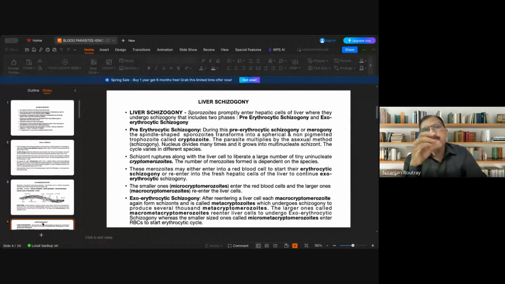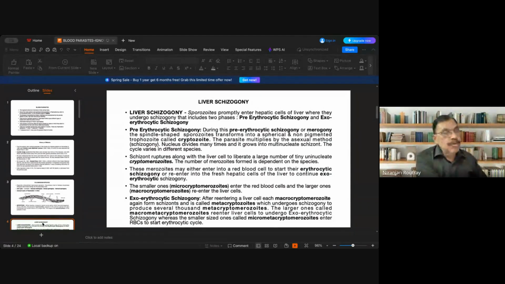Why? Because along with the secreted saliva, which contains anticoagulant so as not to allow coagulation of the blood in its proboscis, these are freely released along with the saliva, and immediately they get cleared from the bloodstream and head to the liver. And in the liver, as soon as it enters the hepatic cells, it undergoes schizogony,